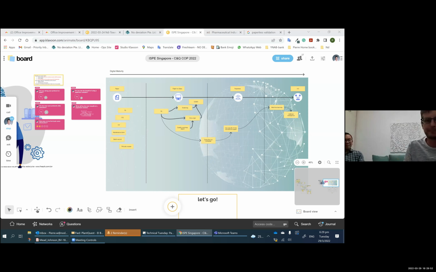But if you keep it small, your digitalization will be beneficial very quickly. If you try to make it too big, too fast, you might overwhelm people and then they give up and you don't have the user adoption. And a digitalization is only successful if you have user adoption.